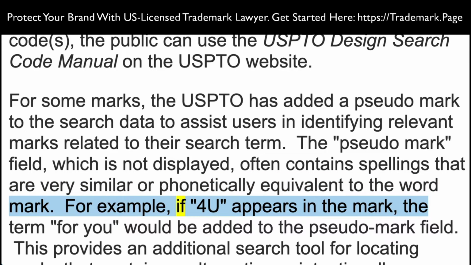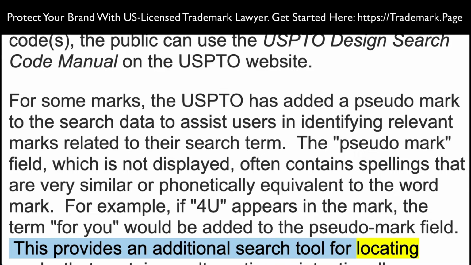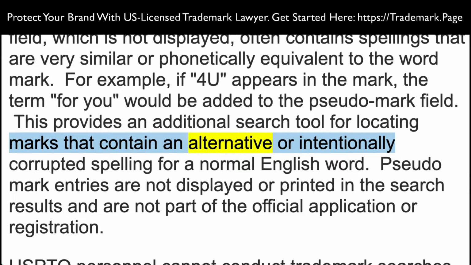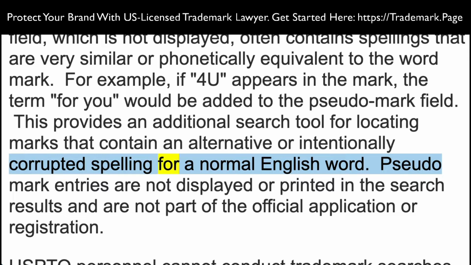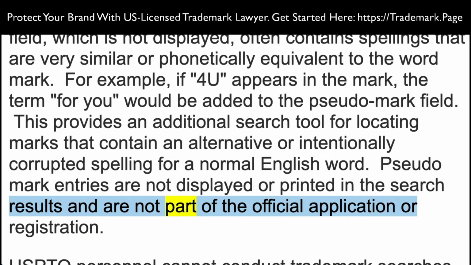For example, if "for you" appears in the mark, the term "for you" would be added to the pseudomark field. This provides an additional search tool for locating marks that contain an alternative or intentionally corrupted spelling for a normal English word. Pseudomark entries are not displayed or printed in the search results and are not part of the official